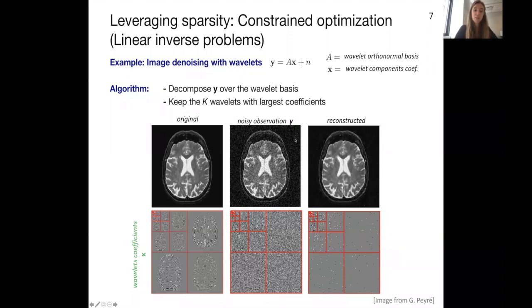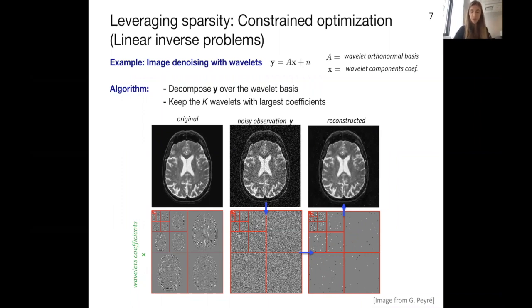We can decompose it in the wavelets basis, in which case we will see that the decomposition is not sparse anymore. Yet what we can do is only keep the k wavelets that have the largest coefficients in the decomposition. So that will be only keeping, for example, the ones that you see here in black and white. And then we construct the image from this decomposition of wavelets. And you can see that using only a small number of wavelets, we are able to denoise an image very